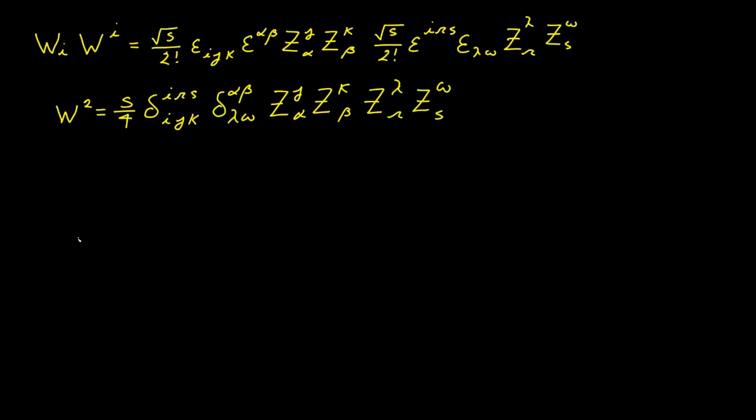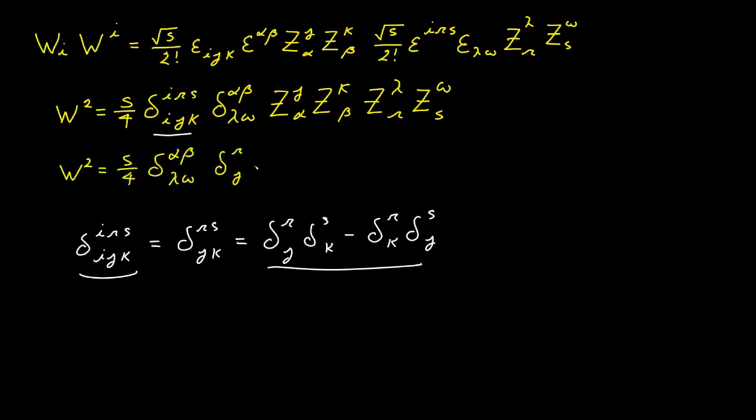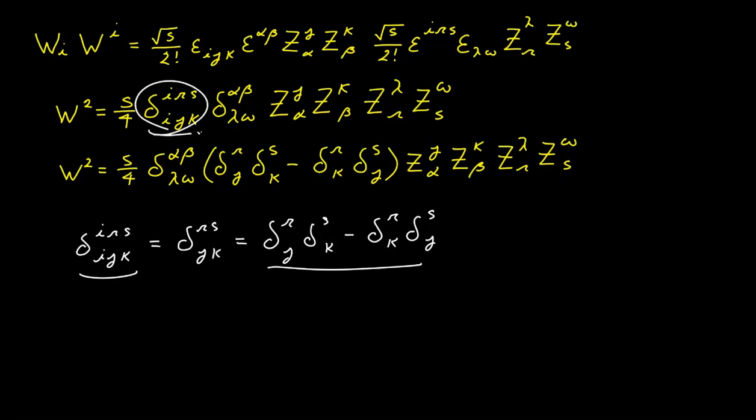Next, we'll pick on this first delta term, delta IRS IJK. Of course, there's a contraction here, and if you remember the identity, that means it's just equal to delta RS JK. And by definition, that is delta RJ delta SK minus delta RK delta SJ. So we will substitute this expression up here with this result. All I did was to replace this term with this one, and of course I rearranged the terms a little